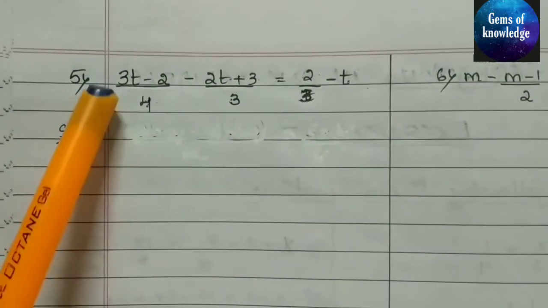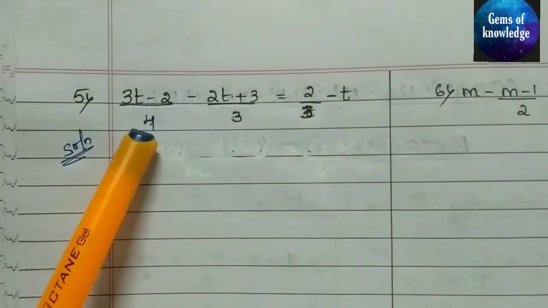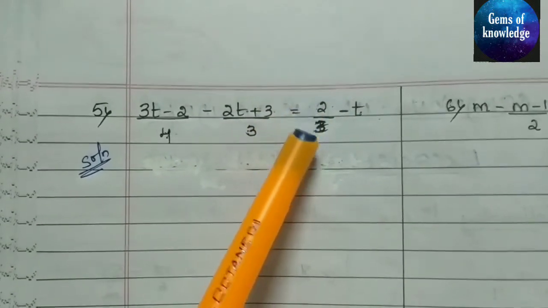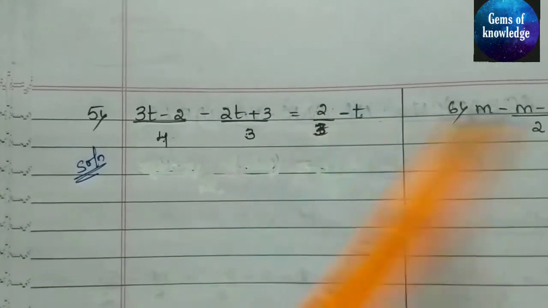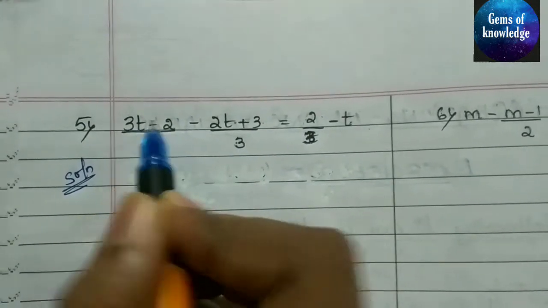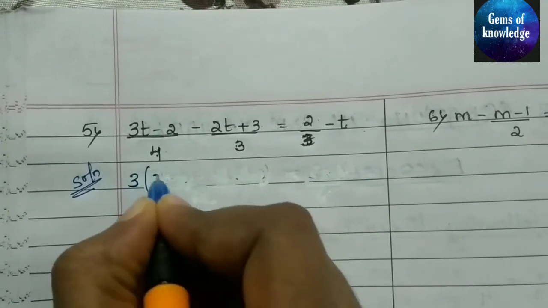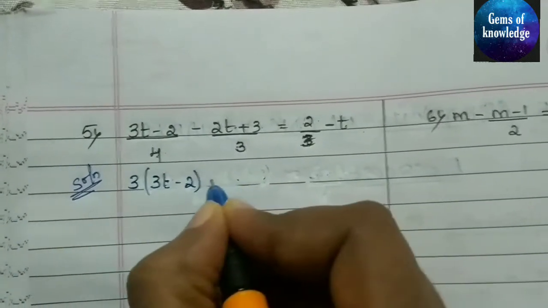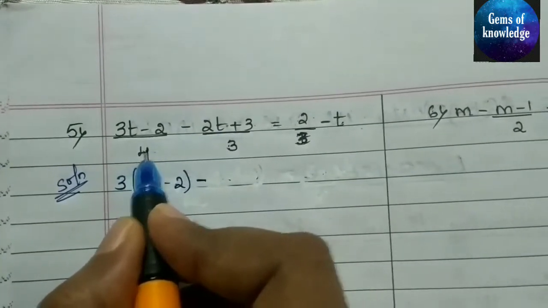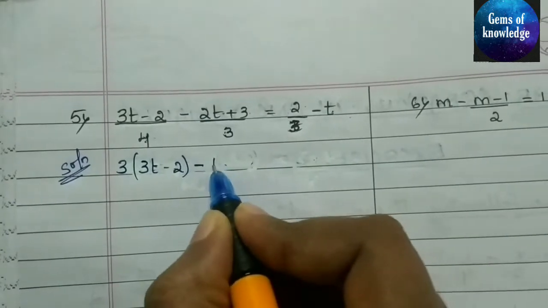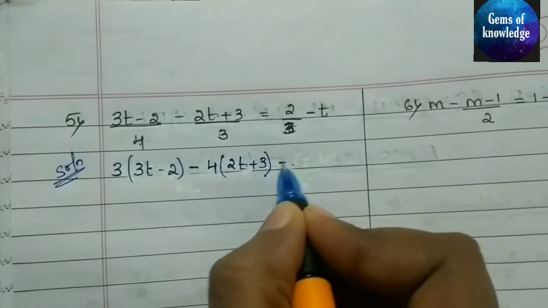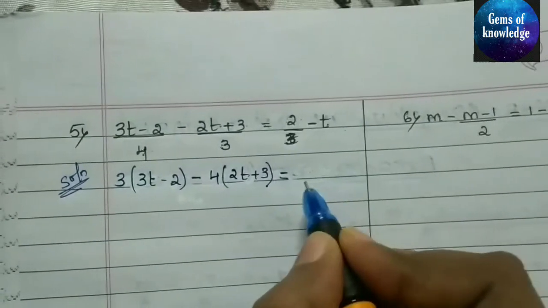Okay, so the next question here is given as (3t minus 2) divided by 4 is equal to (2t plus 3) by 3, which is equal to 2 by 3 minus t. Okay, so what we have to do here is, first let us cross multiply these terms. So what we are getting, 3 multiplied by 3t minus 2. Okay, minus, then we have to multiply this 4 to this term. So it will become 4 of 2t plus 3, okay, which is equal to, then this 2 we will write